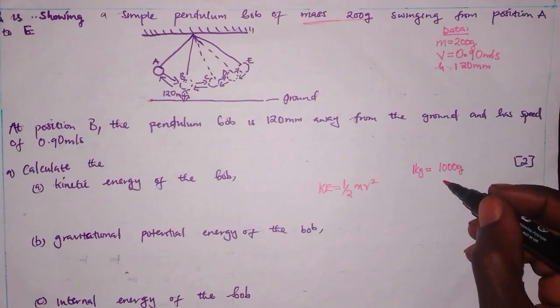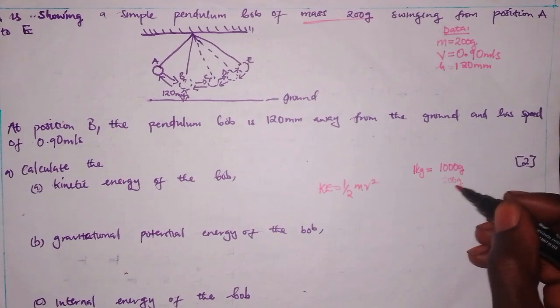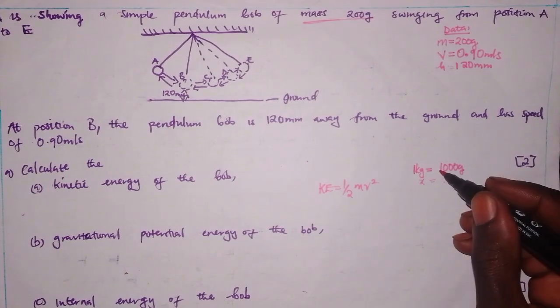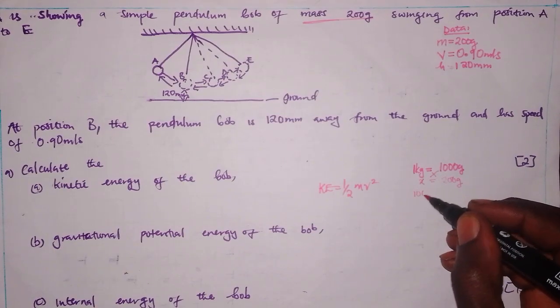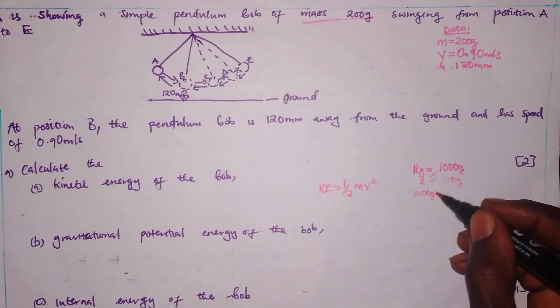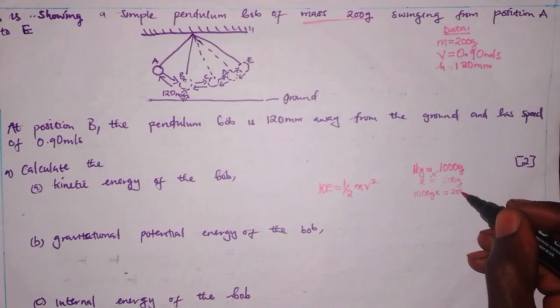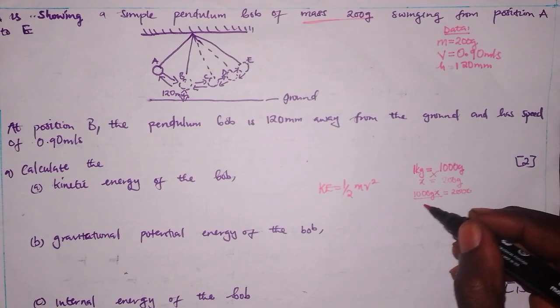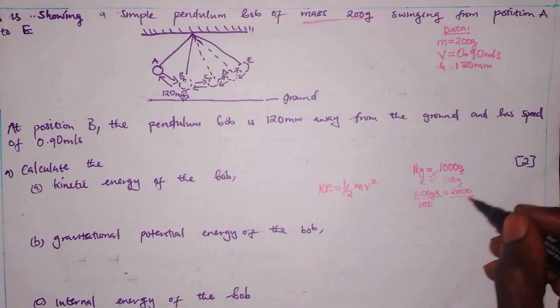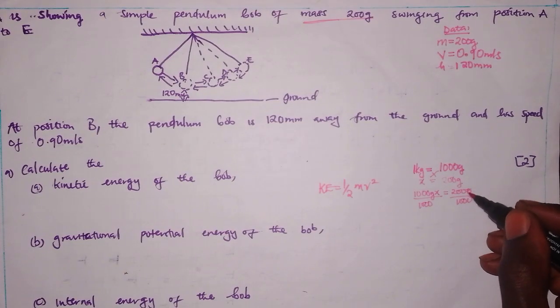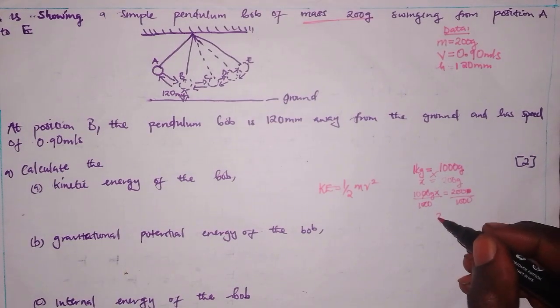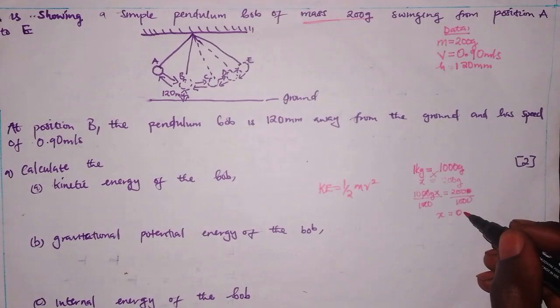Then you say 200 grams is equals to x. Then you cross multiply. We have 1000 grams, x is equals to 200. Then for us to find x, we divide both sides by 1000. So meaning our answer will be 0.2